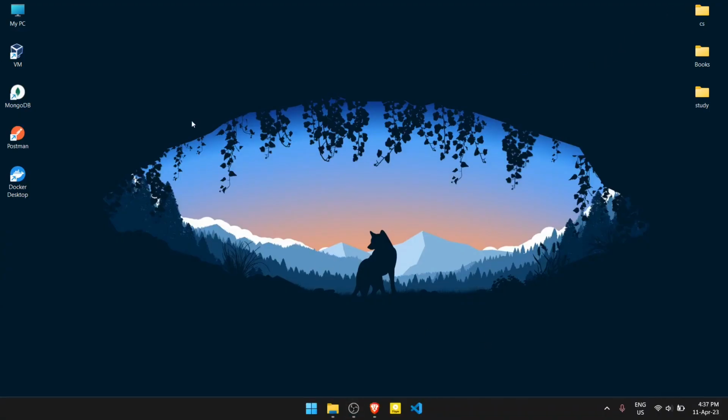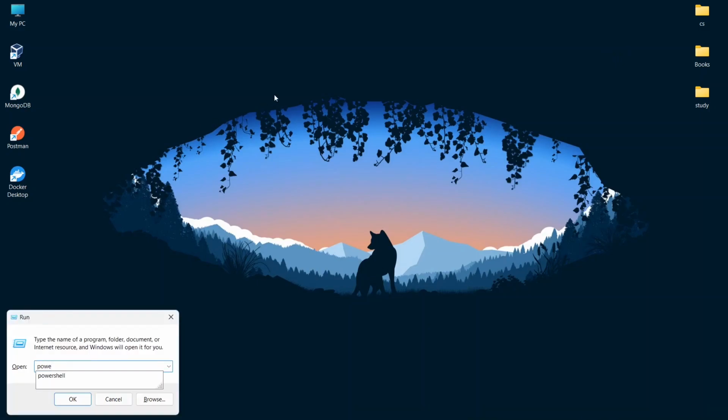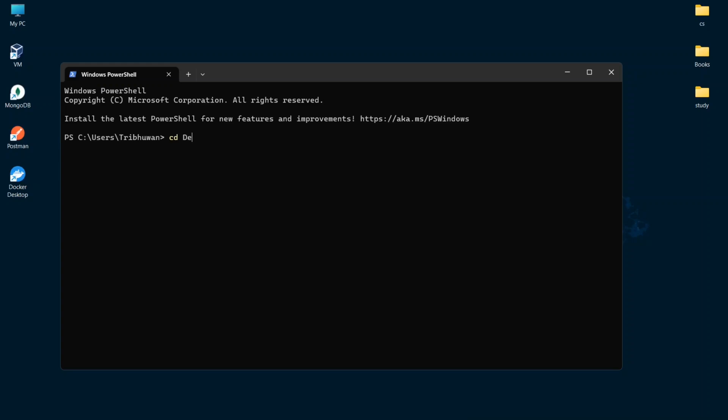Let's quickly create a React project. So I will open my terminal, move to the directory where you want to create the project. We will use Vite to create the React project. Make sure you have Node installed on your system. The command will be npm create vite@latest. The name of the folder, we will use noteme